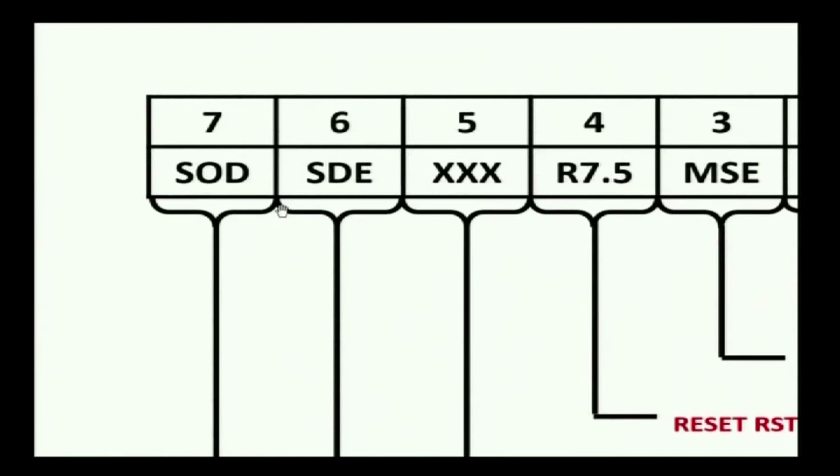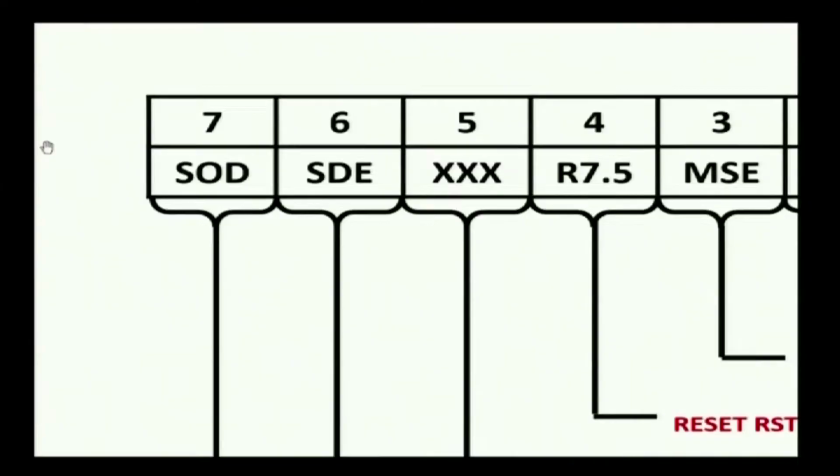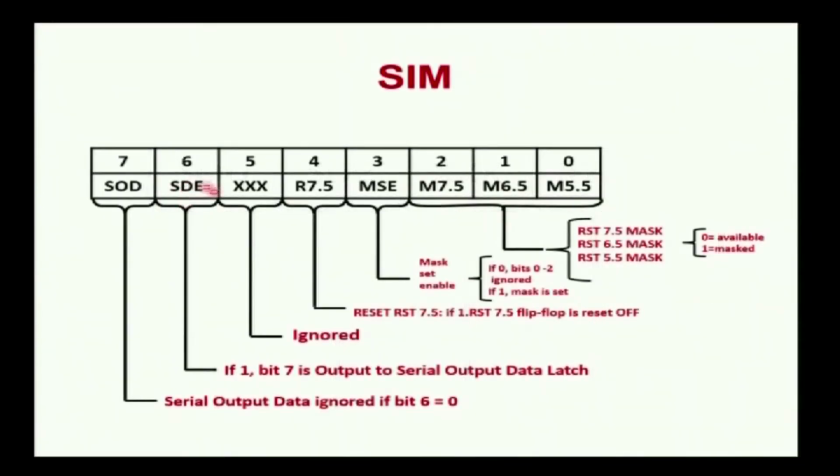The next 2 bit positions, D6 and D7, are used for serial communication. Serial communication means the communication is performed over a single line, where the bits are transmitted bit by bit. 1 bit position is enough to transmit the data. So, SDE is the serial data enable, which is used to enable the serial communication. This is one of the control bits for serial communication. When the bit is 1, it is ready to perform serial communication. When it is 0, we couldn't do the communication.